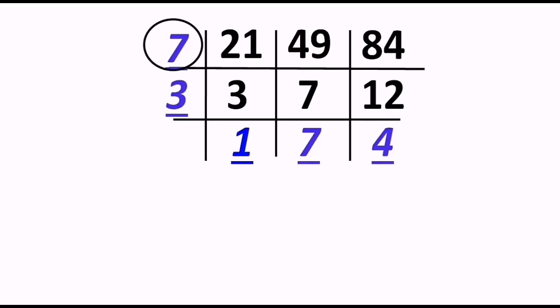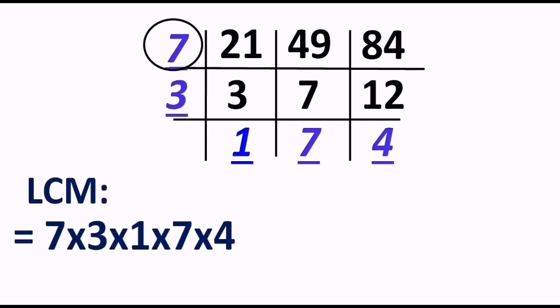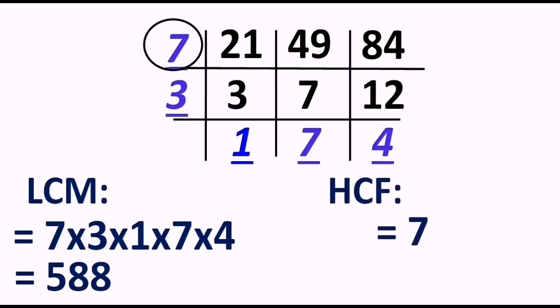And so all these corner ones, that is 7 and 3, and the bottom layer 1, 7, 4 must be taken for the calculation of LCM, and that results in 588 if you do the normal multiplication without fail and with a fully concentrated mind. And the moment you try to find the GCD or the HCF, the way I told you, we have to choose only those numbers which are in the circle. And which are the numbers in the circle? The numbers which are dividing all three numbers of the question, and presently only 7 is like that, and hence the HCF of the given numbers is nothing but 7. And in this way we have found LCM and HCF both together.